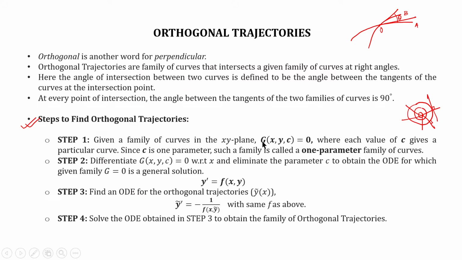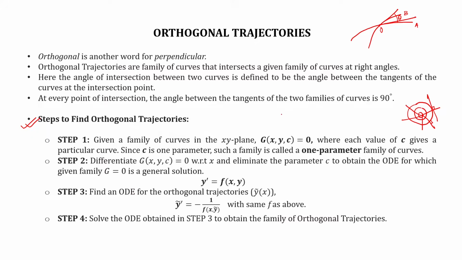First, we have been given a family of curves in implicit form. Let us say g(x, y, c) equal to 0. This family of curves is in the xy plane, or the two-dimensional plane, and c is a parameter. Now why is the parameter there? Because this equation doesn't represent a single curve but a family of curves, and by changing the value of c we can obtain all the curves of that family.